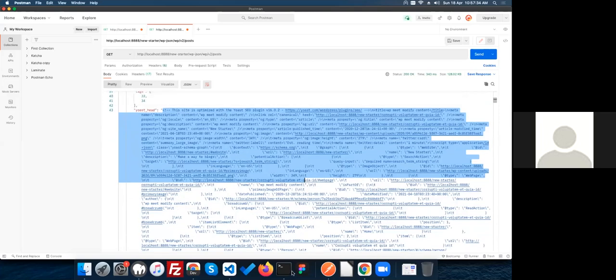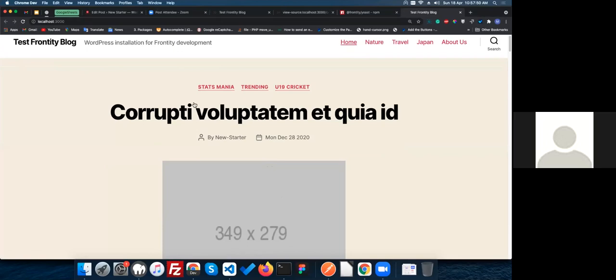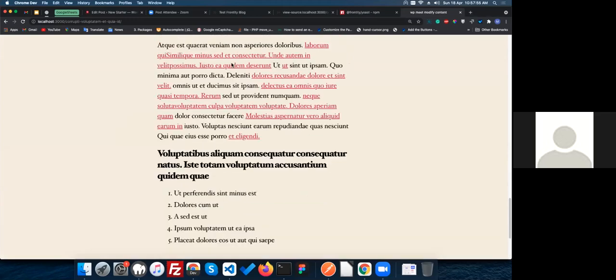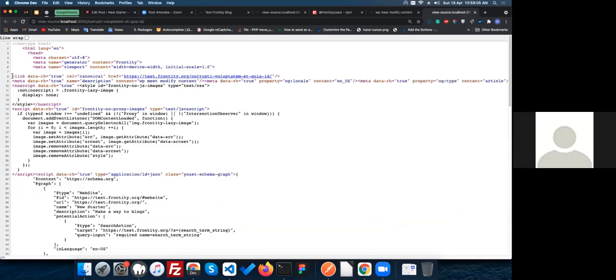So we just need to get this data from the Yoast head into the page. As you can see, my build has been successfully built and my project is running successfully on 3004. So I'm going to open this page. This is my page, and I'm going to show the view page source of this page. You just need to refresh it. Okay, as you can see here, I'm currently getting all the SEO related data required for my page, like metadata and all that, my page, WordPress link and like that.